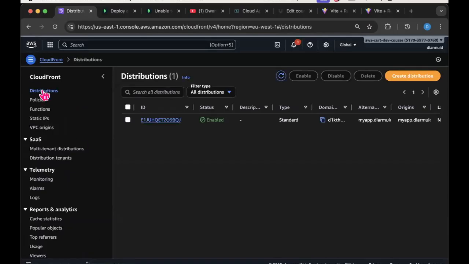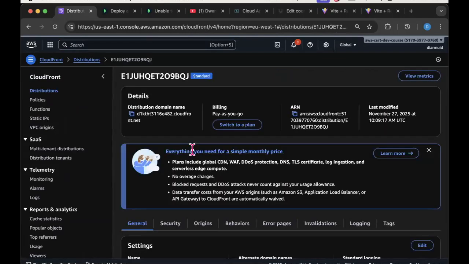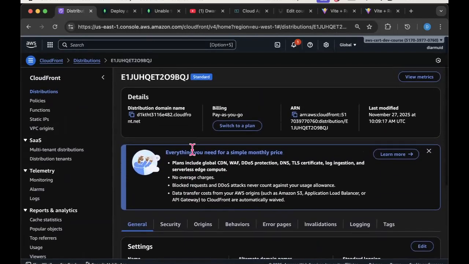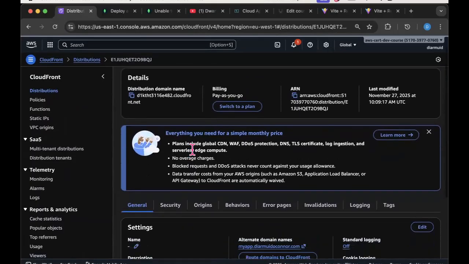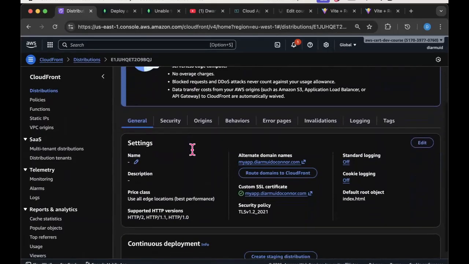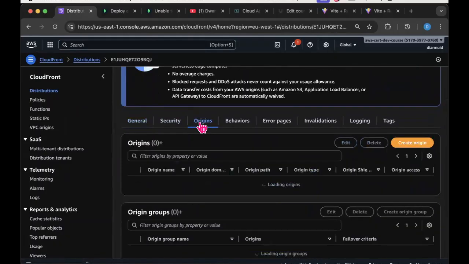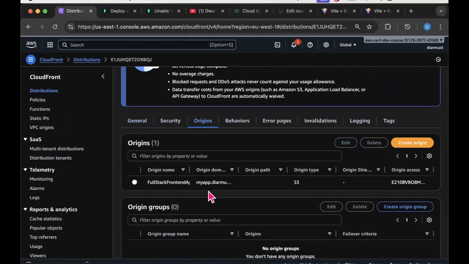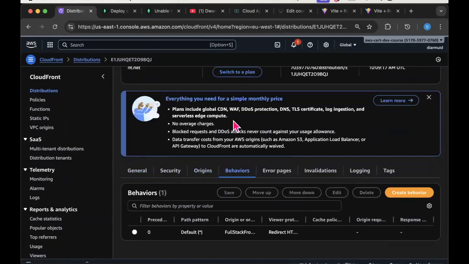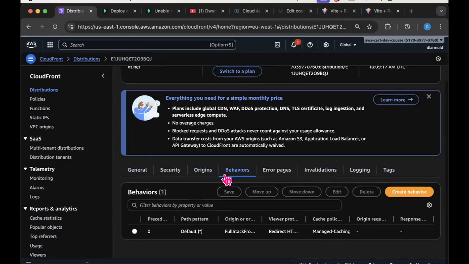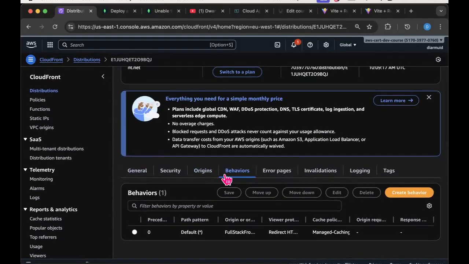And distributions, and there's my distribution. Okay, there's nothing I can really show you of interest right now anyway in this part of the lecture. Although Origin presumably will point it at my S3 bucket somehow, and behavior. Behavior was one of the things that I configured. If we go back to the CDK code,